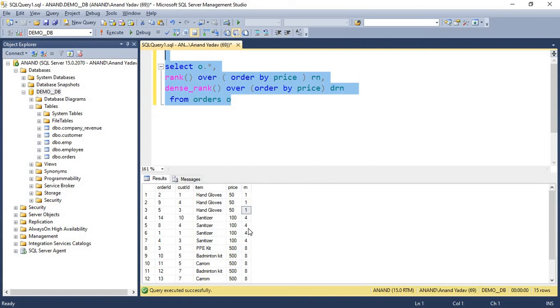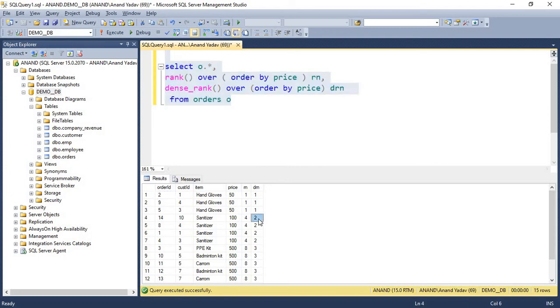With dense rank we can achieve that: it assigns the items that have the same price the same unique number, but it also follows the sequence. Here it was 1, and now the next series starts with 2, and for the items that have the same price it assigns the same number. So this is the only difference between rank and dense rank.